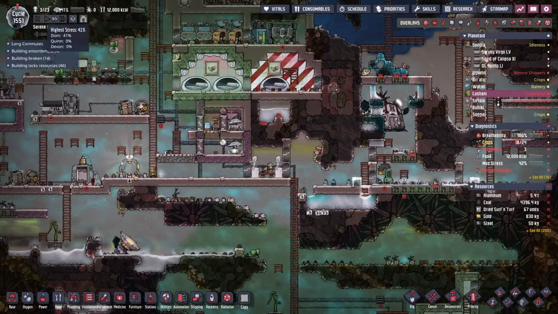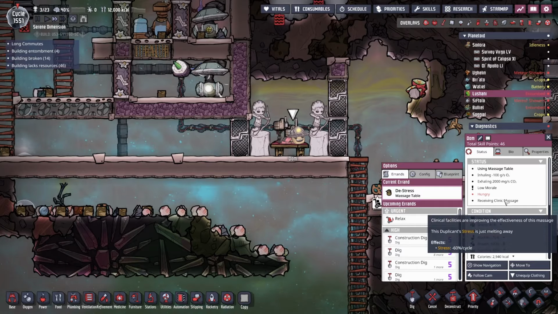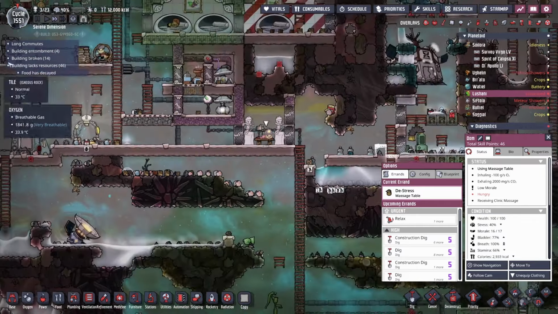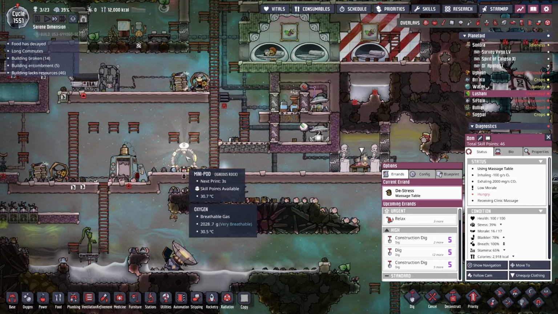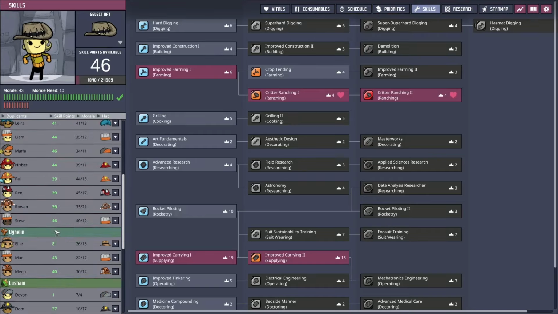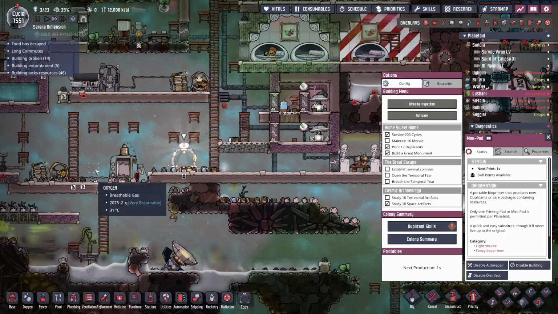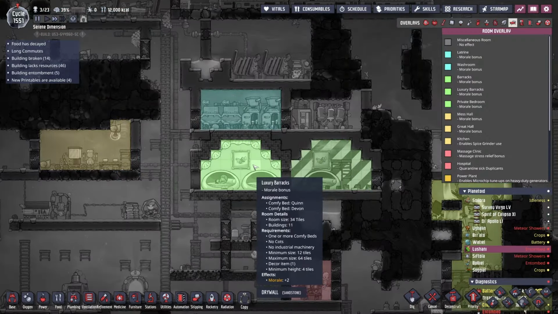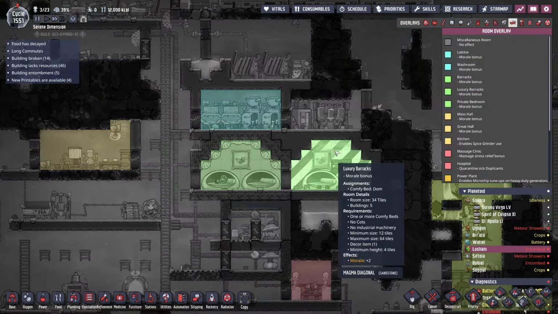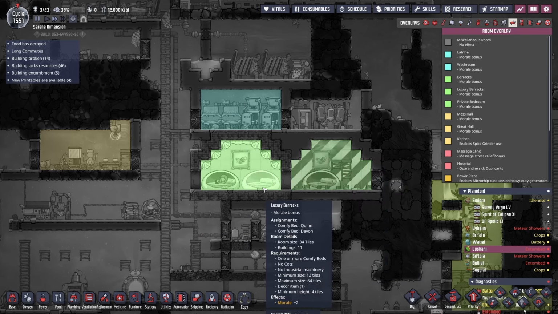Alright, so 41% stress. Yeah, we're getting a nice clinical massage. Nice. Why are we stressed? Is it because we have... Let's look at the skills down here. 16 out of 17 morale. That's why. Okay, we need to get morale up. What can we do for that? We have a great hall. We have a washroom. Luxury barracks. Why is that not...